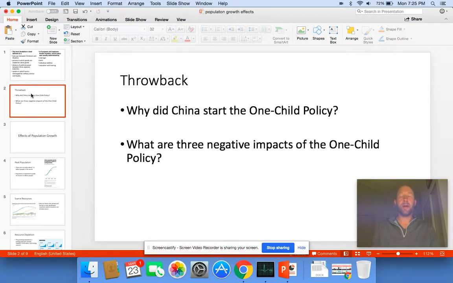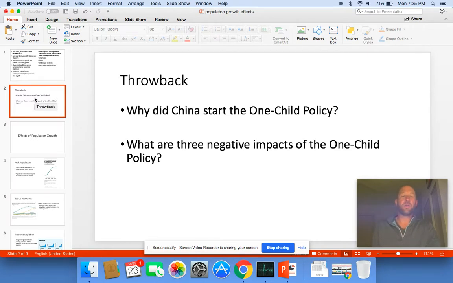Our throwback, based on yesterday's notes and the classwork that I posted, and I hope you guys are clicking submit at the end of that classwork to let me know that you did it. Why did China start the one-child policy, and what are three negative impacts of the one-child policy? I'll just give you guys a couple seconds. I know you're not going to fully be able to do this, but